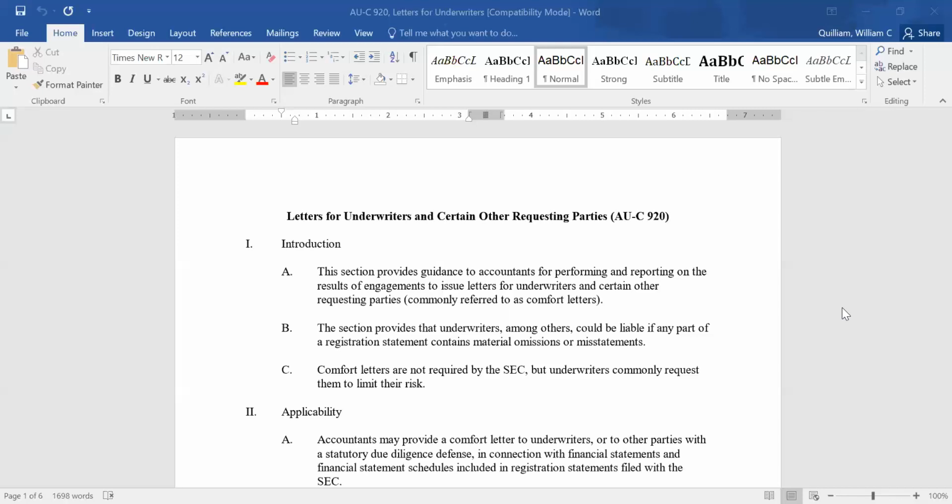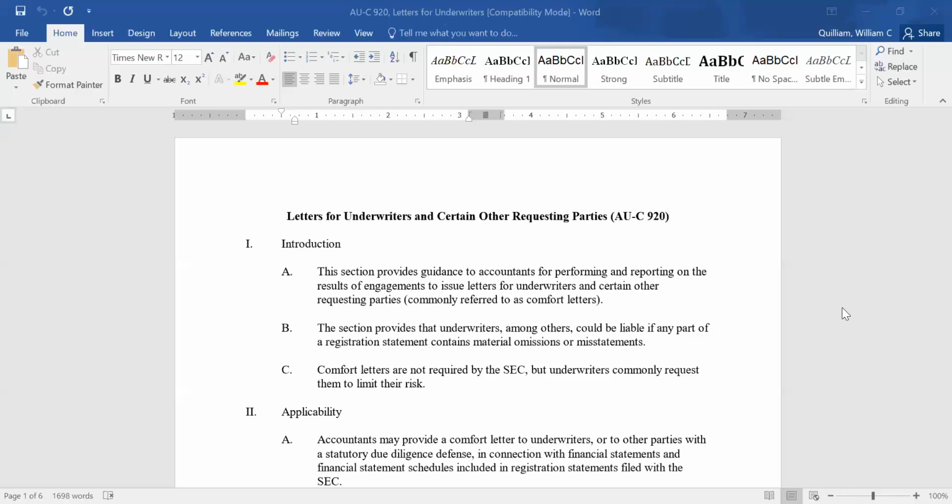By the way, the company which is issuing the securities must have been audited, but not necessarily by us. So another accountant could come in and do this engagement of writing a letter for an underwriter, but that's very rare. Usually we have been the auditor. We have now been asked to write this special comfort letter. And by the way, generally auditors are very eager to do so because comfort letters are quite profitable, even though they could open ourselves up to some risk if we're not careful.